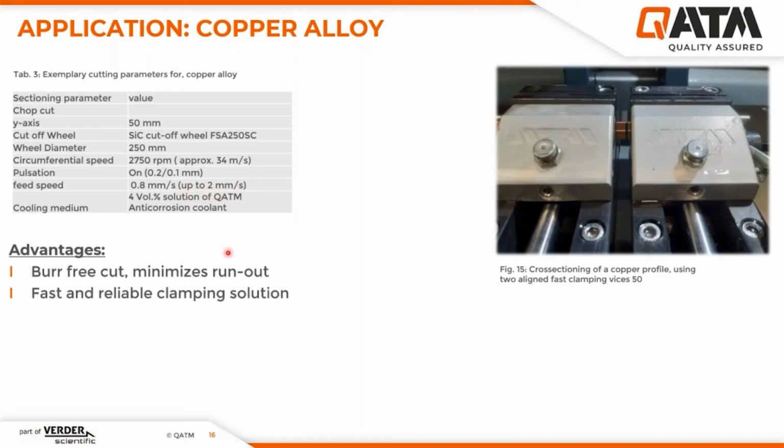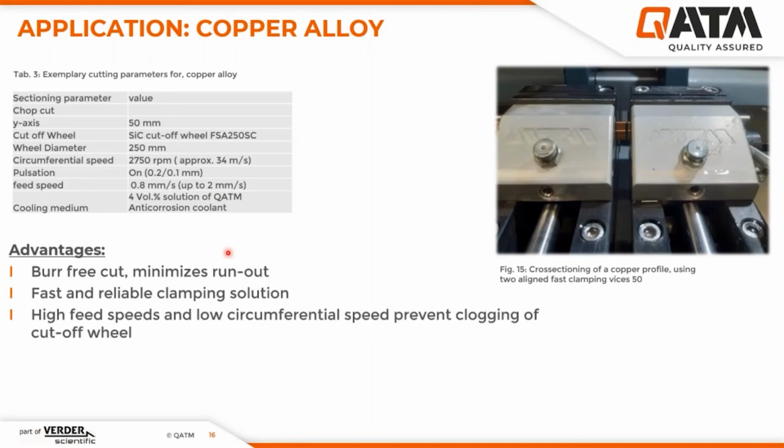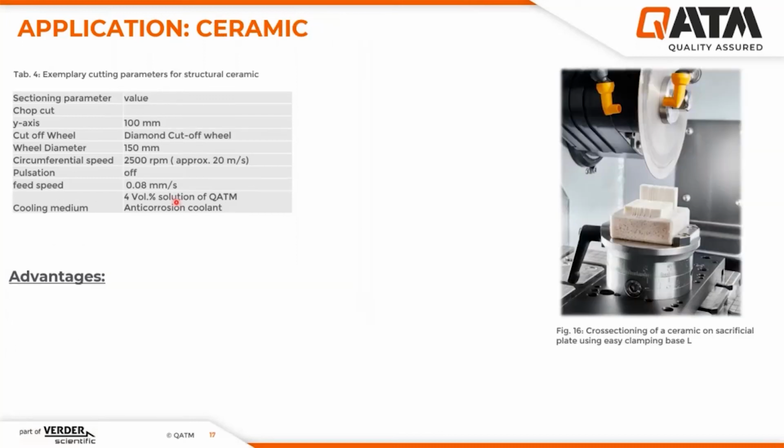The clamping solution is quite fast and reliable, and in general, high feed speeds and low circumferential speeds prevent the clogging of the cutoff wheel while cutting very ductile materials, especially if the porosity of the cutoff wheel is not that large. These are quite common parameters for soft and ductile materials, which most likely could also be applied to aluminum alloys. And with this, we already have reached the last application example, which would be the cutting of a